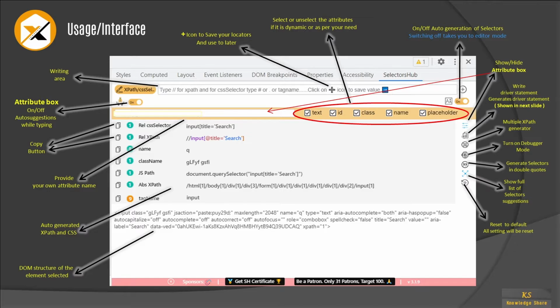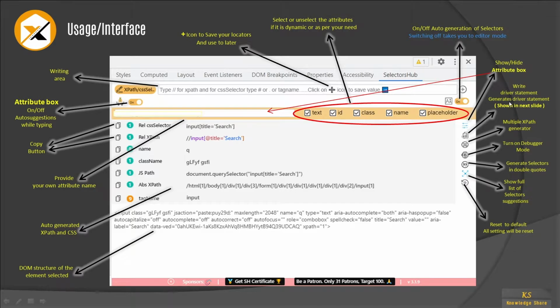This is just like, sometimes in the dev tools we write a lot, and then we keep on trying to write XPaths. Okay, and then we lose them, right? So in order to avoid those, they gave a facility to write your XPaths and save them so that you can use them later. This is mostly used in our page object model. I mean, it will mostly help in our page object model to save our time and to keep track of our XPaths which we have written.